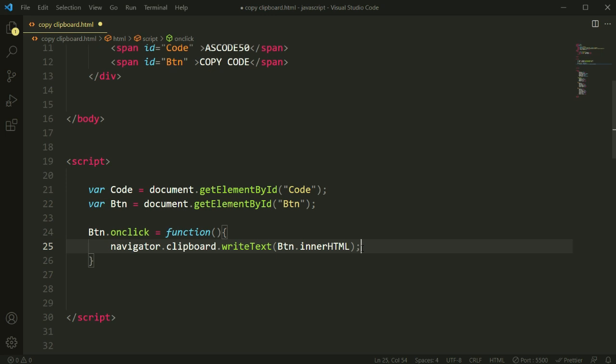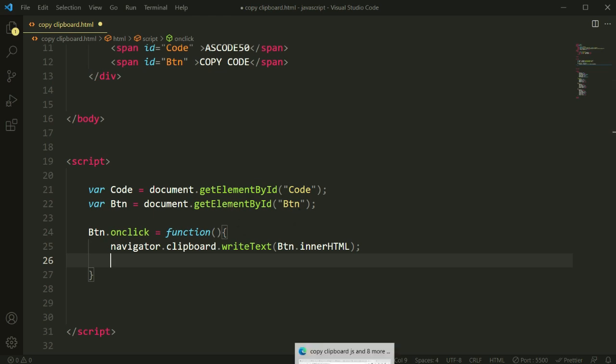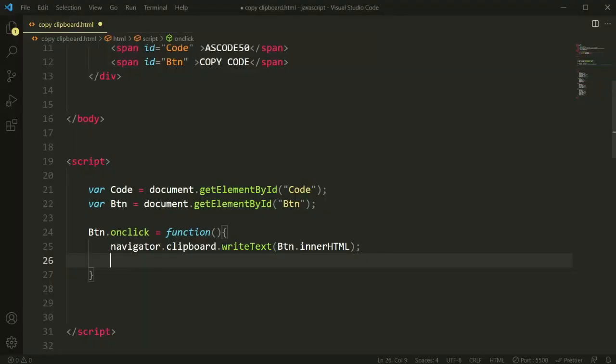So let me close this, and now we will set this button. When we click on this button, it will reflect the text. So let me show you that when we click on this button, it will reflect here "copied." So let me fix that. Here is our btn, this button. Right now, let me type our id first, and then innerHTML. It will show up "copied," and let me close that. So it will show perfectly when you click on it.